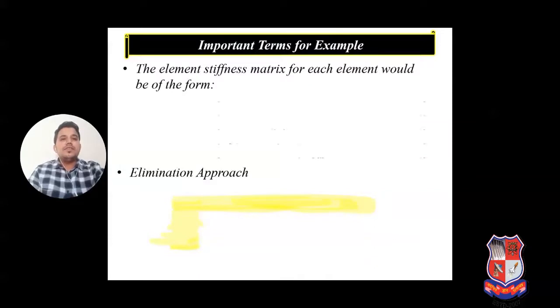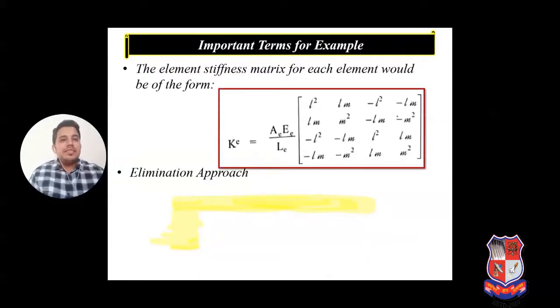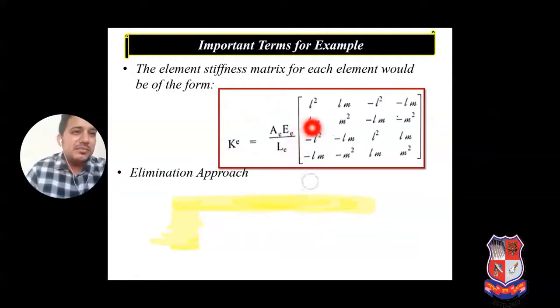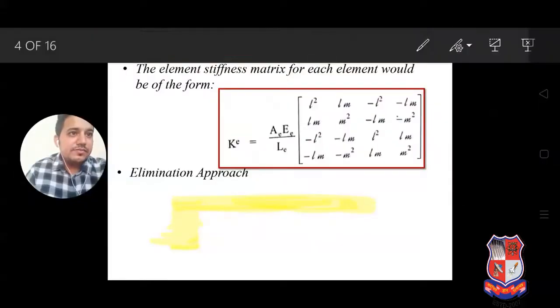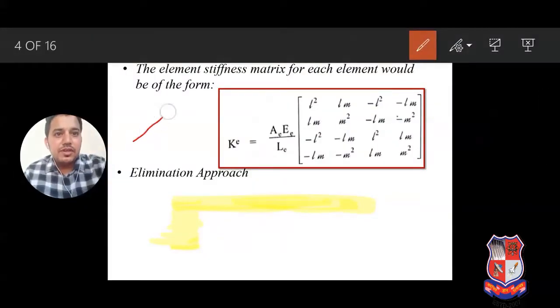Then go ahead with another important term, the element stiffness matrix. Before that we learned the element stiffness matrix in the form of the very small fundamental matrix, equal to A E over L times [1 -1; -1 1]. But here in the truss analysis we keep in mind K is equal to A E over L, but some terms are there: L square, Lm, minus L square, minus Lm. What these terms are, I would like to explain to you. So here, if I have one truss element,